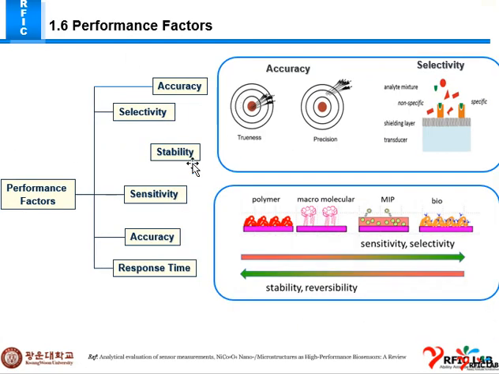Performance factors. There are so many performance factors. I've described mainly the factors which are very important for a sensor. Accuracy, how accurate our sensor is, and selectivity. Selectivity is a very important part for a sensor. Sensitivity, how sensitive our sensor is, that is how long it takes to respond towards an